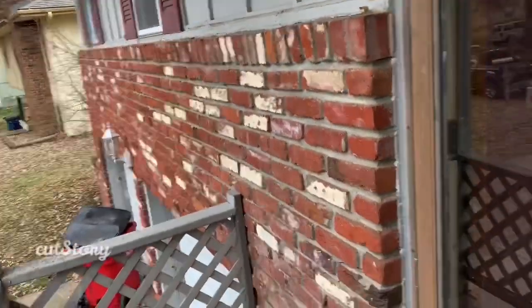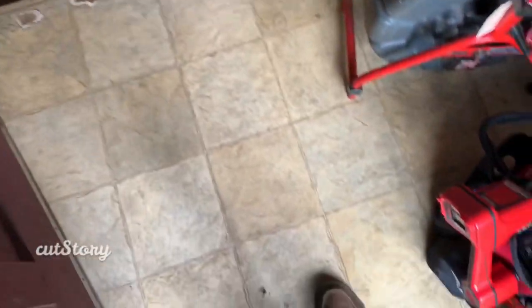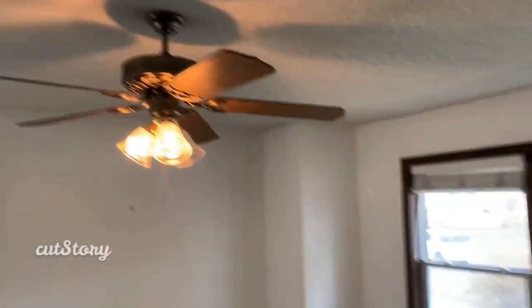Here's the entryway. The brick looks like it's in good shape. Front door needs repainted. Needs some flooring. Here, I would do LVT or laminate flooring, all in the living room. This is the living room. When you go up and go to the right,